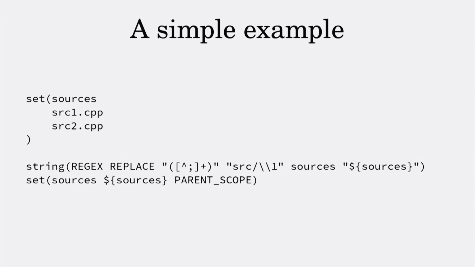What it does is that it uses regular expressions to add src/ to all of these source files, I think. And then it sets that in the parent scope. So what they have managed to do is automate a thing that doesn't need automation, which is more complicated than just having the source texts in the source files. And this is on the lighter side of things, because if you get a slightly more complicated example, then you have this,